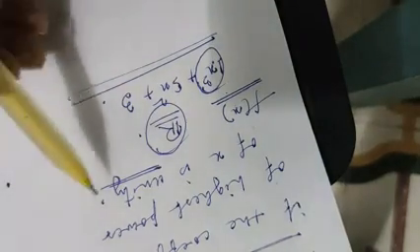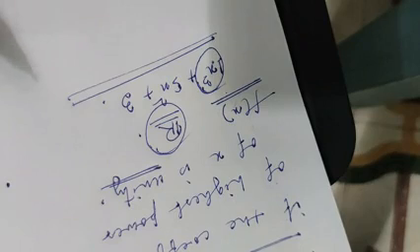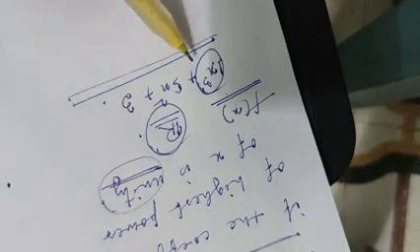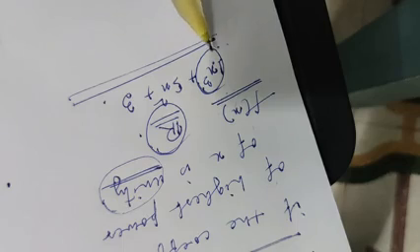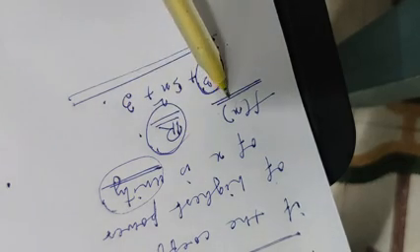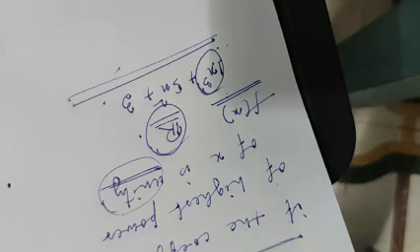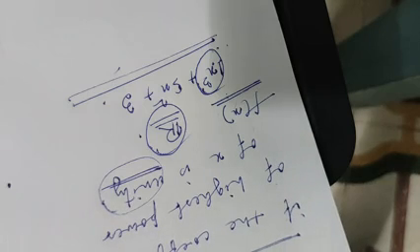That means unity does not always mean 1. The unity differs according to the field. So whatever field we are talking about, we need to consider its unity. If the leading coefficient, or the coefficient of the highest power, is unity in that particular field we are talking about, then this polynomial is said to be a monic polynomial. And the next thing you need to know is annihilating polynomial.